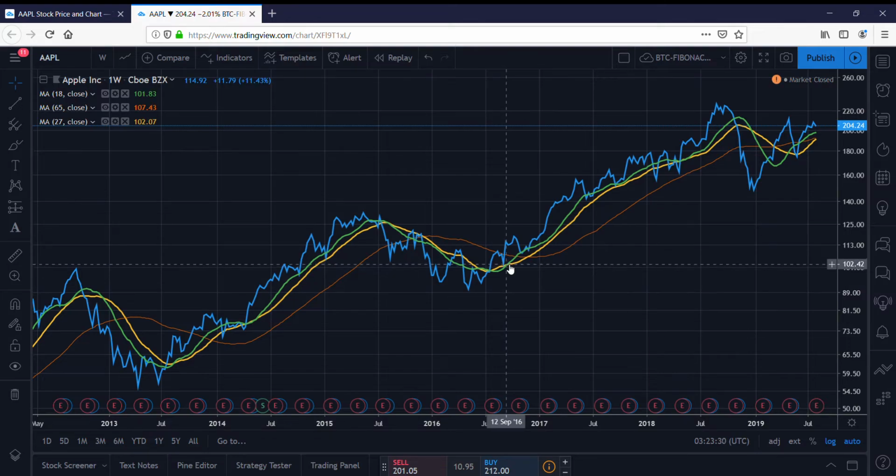So you can see, once it crossed in the upward direction again on 19th September 2016, it took 1 year for consolidation, exactly 3rd August 2015 to September 2016, right? So once the 18 weeks moving average crossed the 27 weeks moving average in the upward direction, our Apple stock goes up, up, up, up,